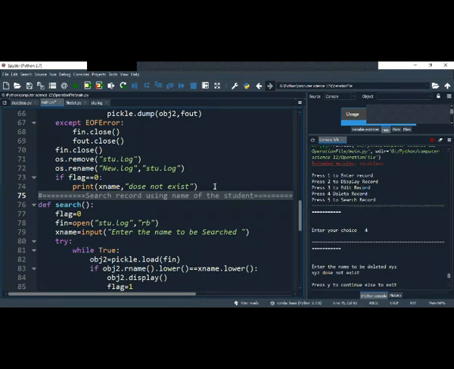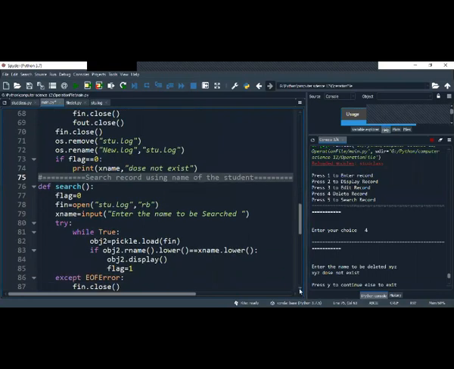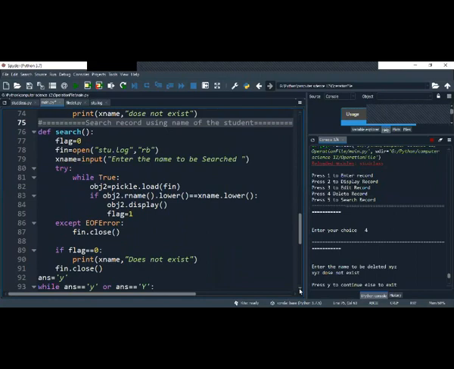I have used name; you can use roll number also. For that you write a function. So in this one also the same condition. I opened it in read mode. I entered the name. I converted both to lowercase. If I am able to find that one, I will display it. If I am not able to find it, I will write file does not exist.